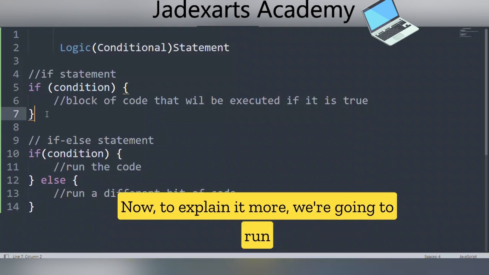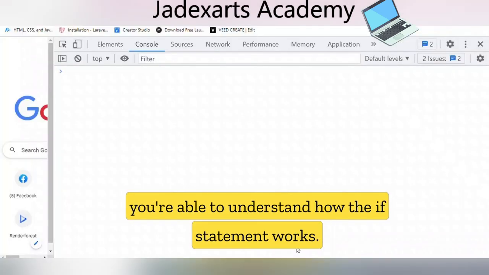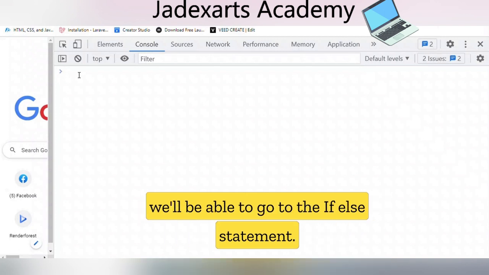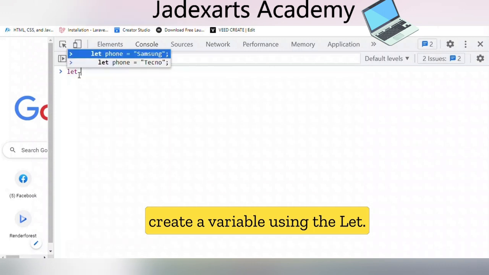Now, to explain it more, we're going to run a little exercise using the Google console so that you'll be able to understand how the if statement works. After which, once we've understood how the if statement works, we'll be able to go to the if else statement. As an example, I'm going to create a variable using the let.